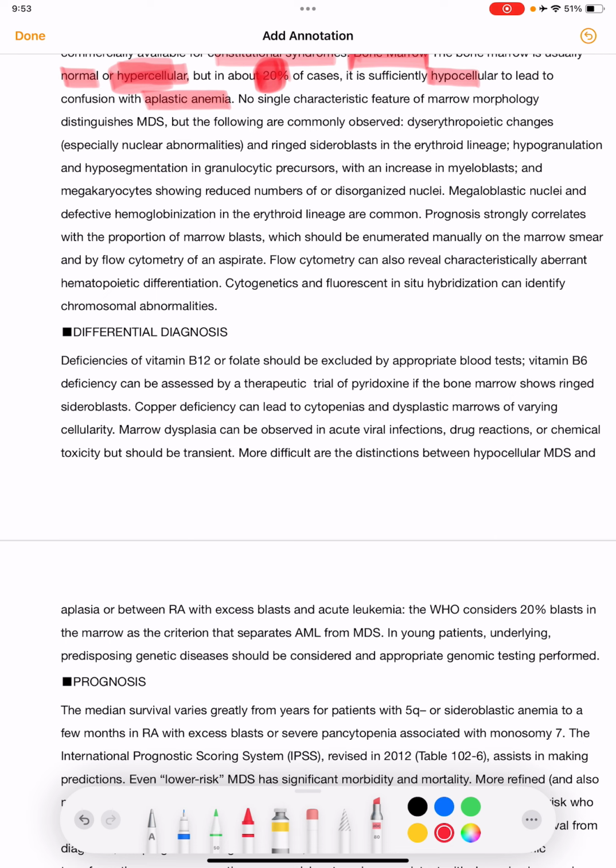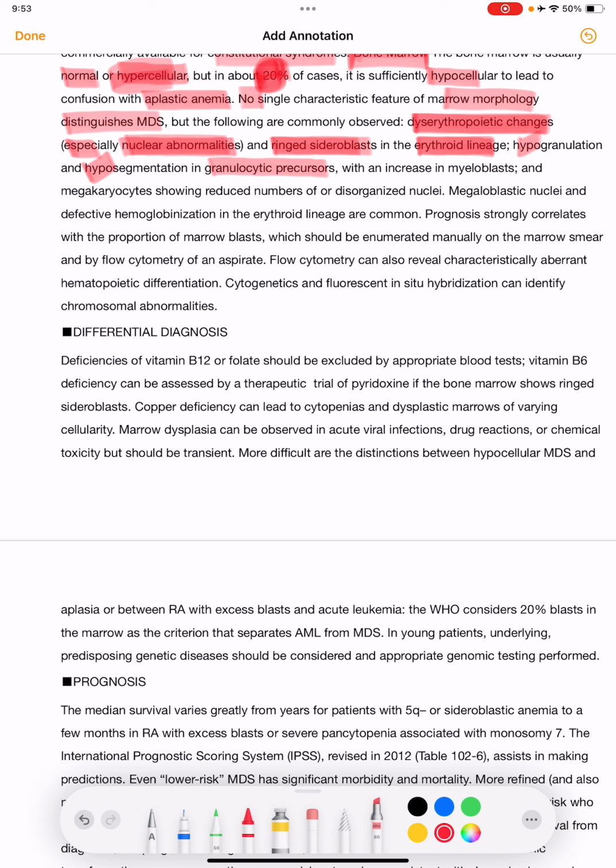Dyserythropoietic changes, especially nuclear abnormalities and ringed sideroblasts in the erythroid lineage, hypogranulation and hyposegmentation in granulocytic precursors,